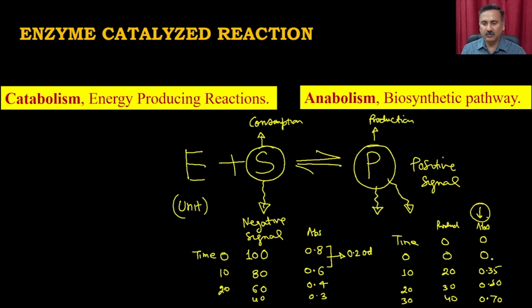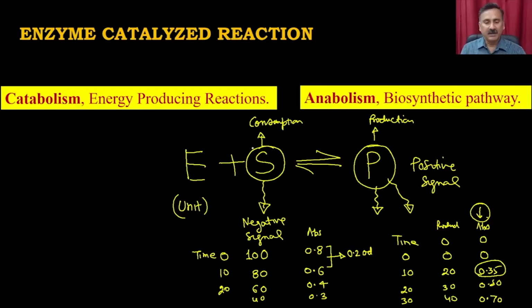Here you are actually going to plot this. So 0.35 is the concentration of the product, right? And you can say that this amount of the product is being formed, and that's why the same amount of substrate is being consumed, so that you can use it for calculating the enzyme activity. So that's why, when you are measuring the product, it is easy and straightforward, whereas when you are measuring the substrate, you are going to go through another